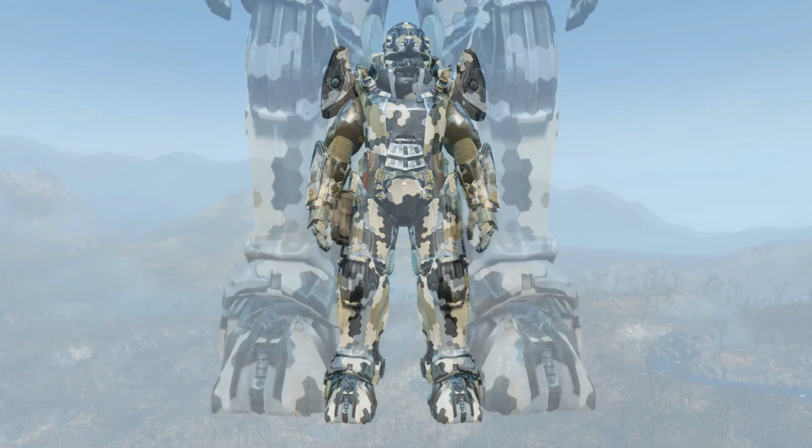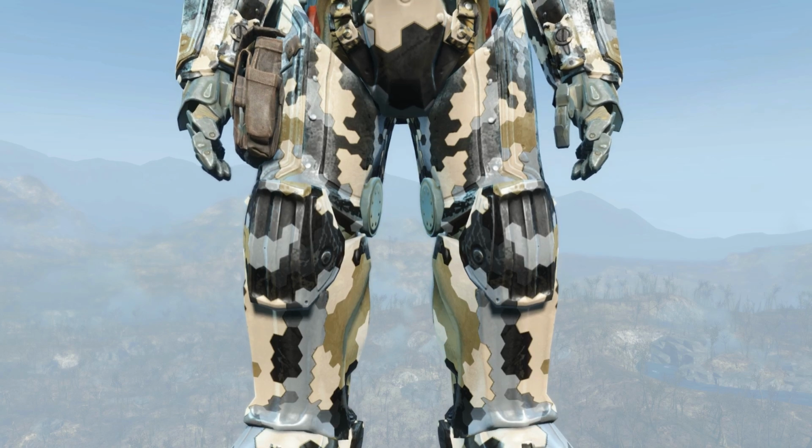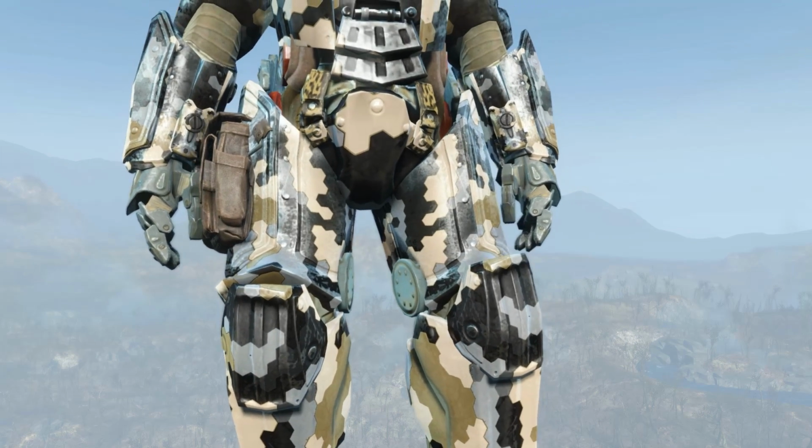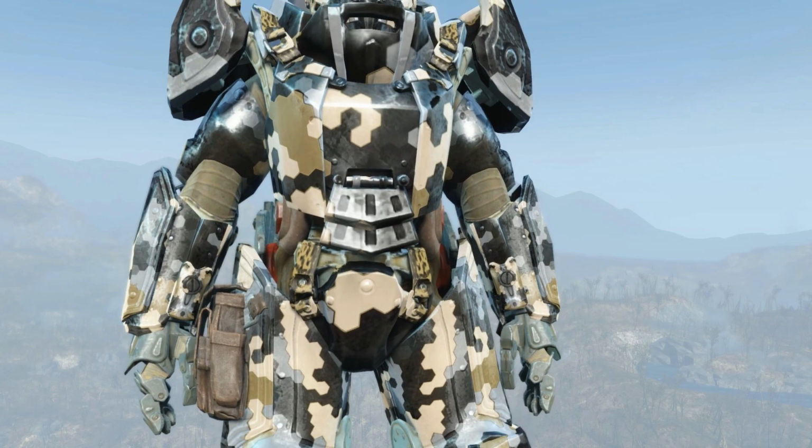So there are plenty of Power Armor retextures on the Nexus, but to have a brand new piece of Power Armor is something I've been wanting for a while. Tumbajamba's Combat Power Armor is just what I was looking for, and along with that, I downloaded a high-res retexture